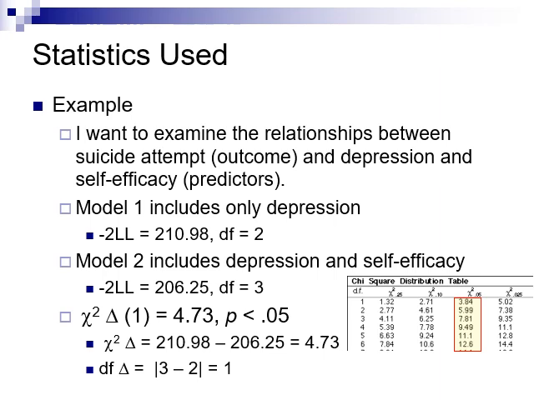The second model includes both continuous predictors, and in that case, the -2 log likelihood is 206.25 with the degrees of freedom of 3. Now notice the smaller the -2 log likelihood, the better the model. So we already know that model 2 is a better model. The question is, is it a significantly better model? So in order to know that, what we need to do is subtract the larger -2 log likelihood from the